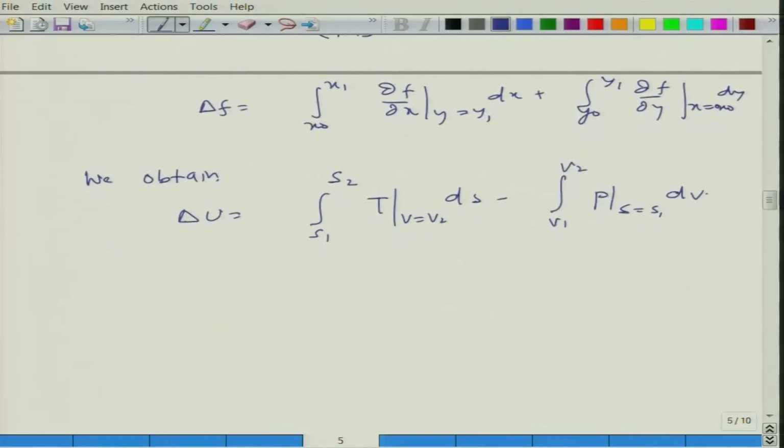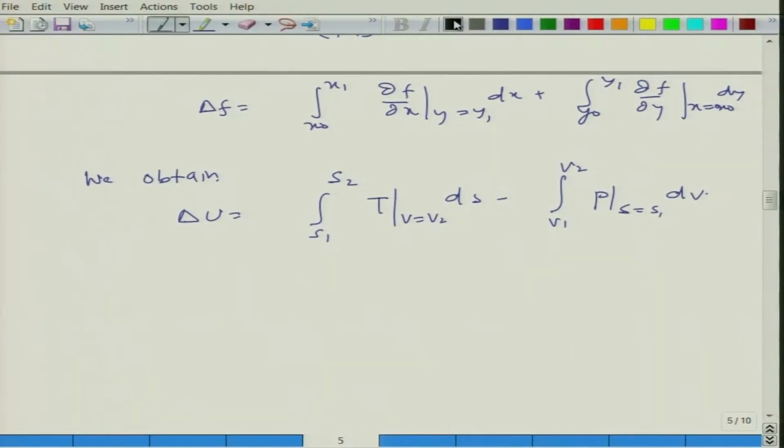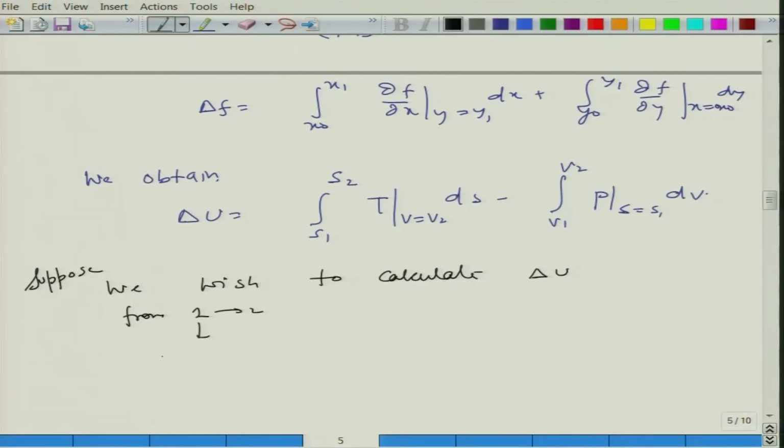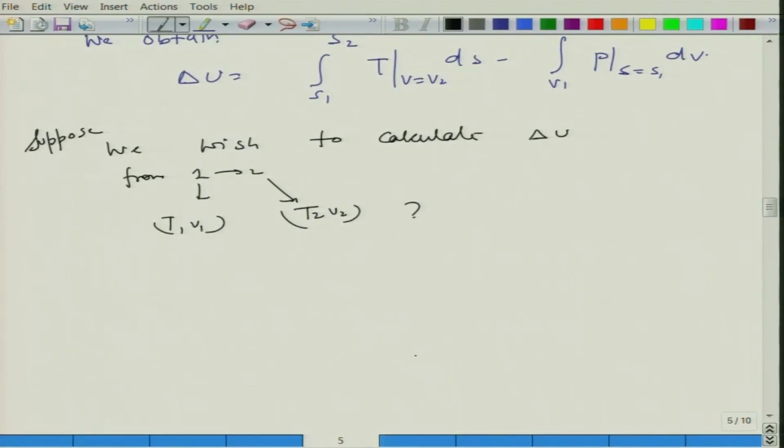What if we have to find out delta u for a different set of variables? S and V are natural variables for u, but suppose we wish to calculate delta u from state 1 to 2, where these are defined as T1 V1 and T2 V2. How do you calculate it, because these are not the natural variables corresponding to the thermodynamic function u? So, for a closed system,